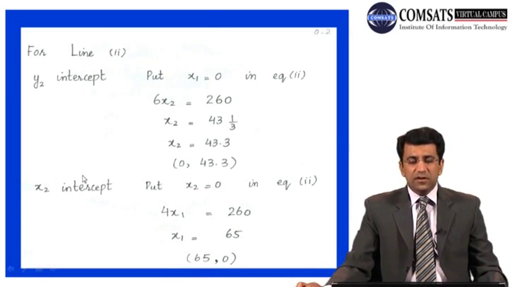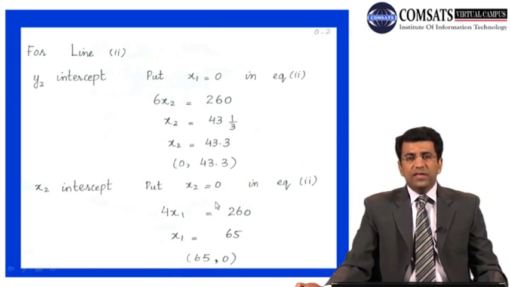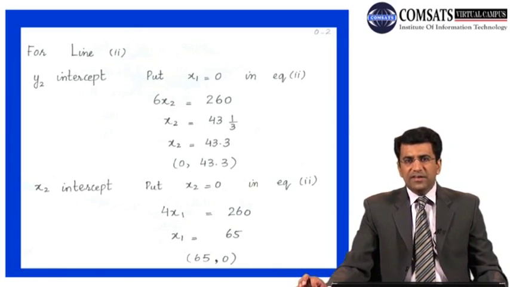Now what are the x-intercept and the y-intercept? When we draw a line on a graph, the point at which this line intersects the x-axis is known as the x-intercept, and the point at which this line intersects the y-axis is known as the y-intercept. So that is the x-intercept at this particular point, and this is the y-intercept, or the y-coordinate, at this particular point.